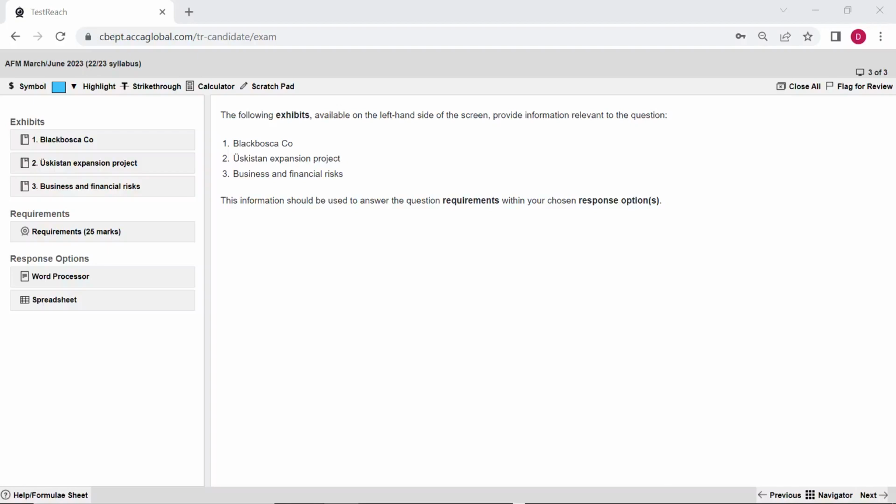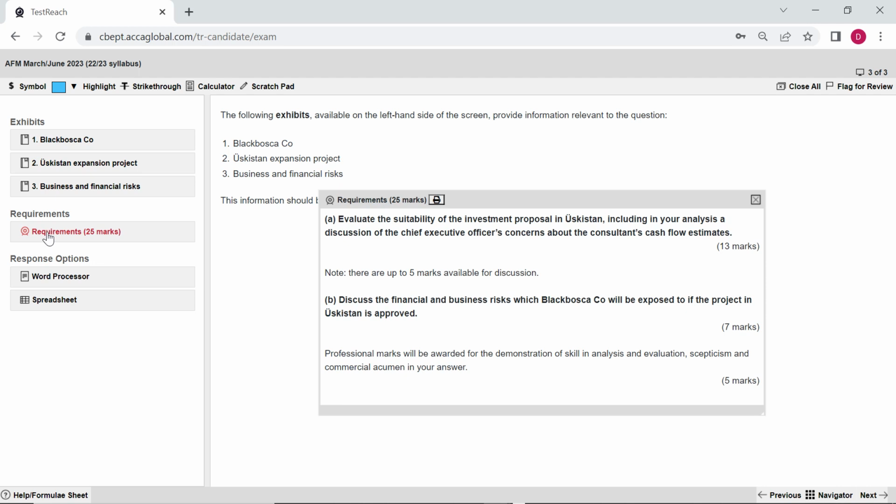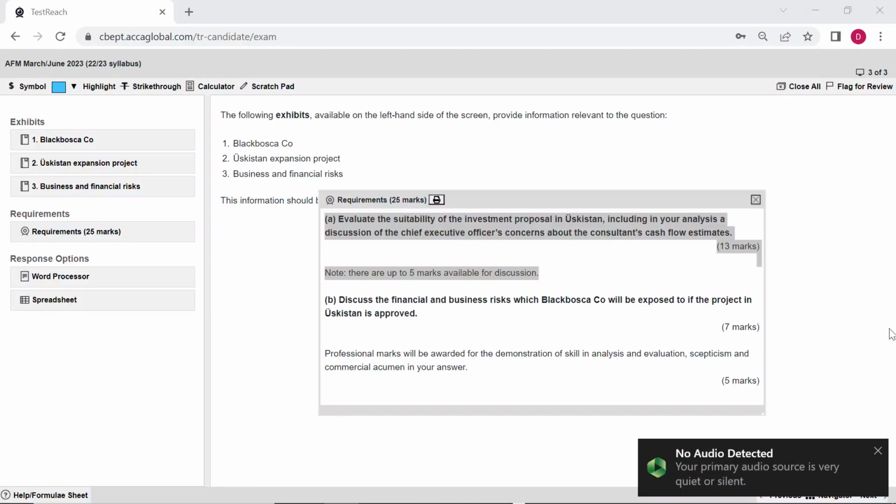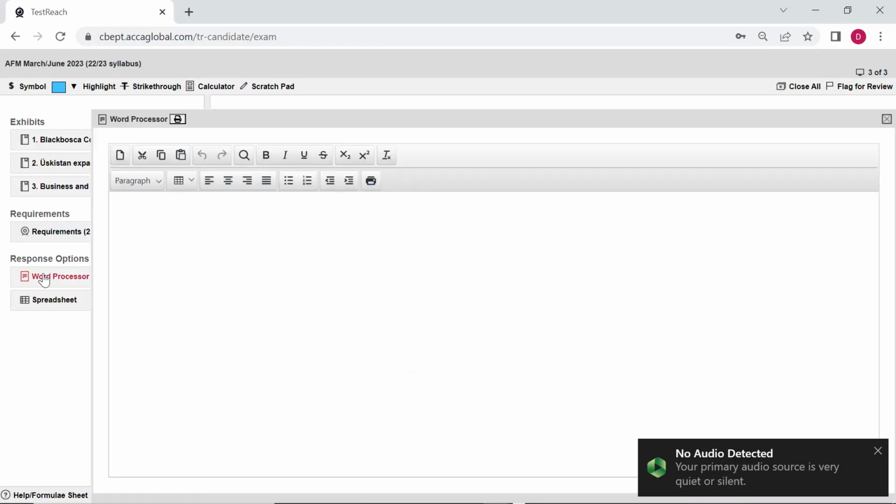So this is a sample question from the March-June 2023 exam, and it's a section B question for 25 marks. So let's start off by looking at the requirements. And this looks like it's going to be an investment appraisal question, 13 marks for evaluating an investment proposal, and the remaining 7 technical marks for discussion. And straight away, I'm going to copy those requirements into the word processor,